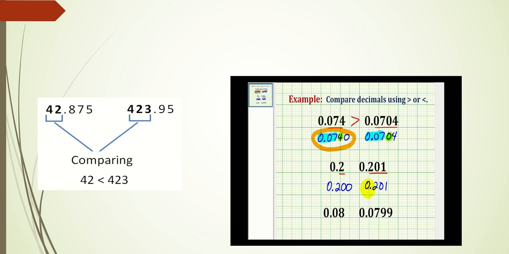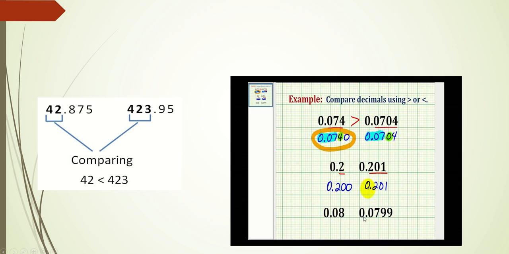Now compare both. Left hand side you have 0.200, on right hand side you have 0.201. I think you know the answer. Compare whole part. No conclusion. Compare 10th part, no conclusion. Compare 100th place, no conclusion. Compare 1000th place. Yes, you got the conclusion that 1 is bigger than 0. So this 0.201 would be bigger.